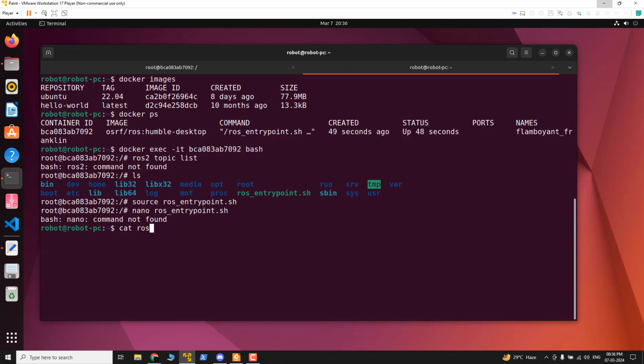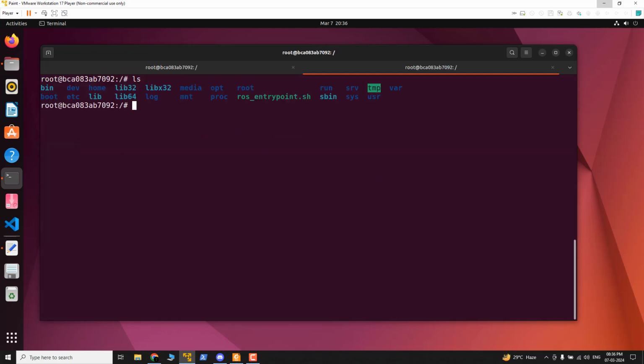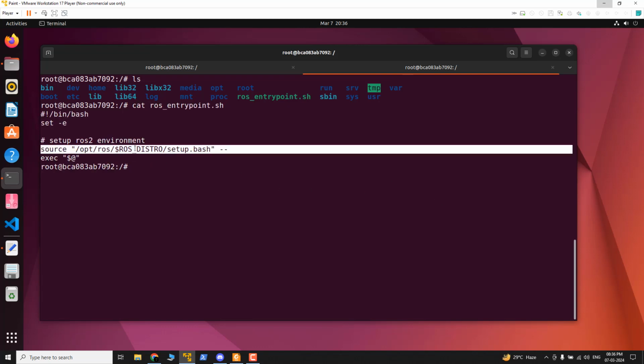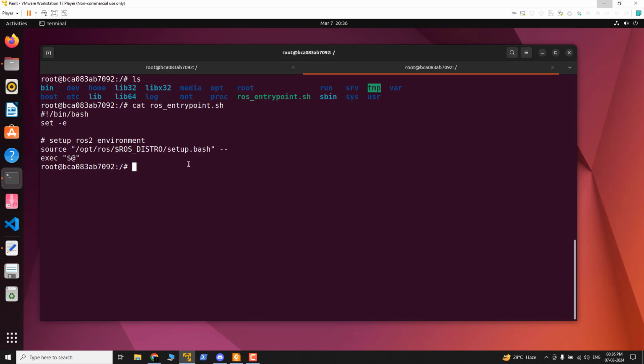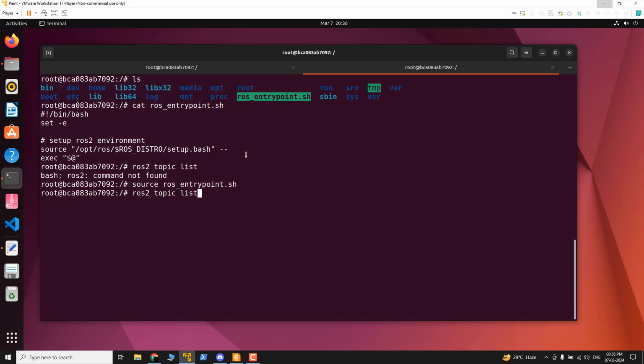Okay, maybe I can, 1 second. Oh, okay, what happened was it crashed. Okay, cat ros_entrypoint, you can see here it is sourcing it. So if you source the ros_entrypoint, then only you can access the ROS 2 commands. If you are doing docker run, it will already be running the ros_entrypoint, or sourcing it. So ros2 topic list,